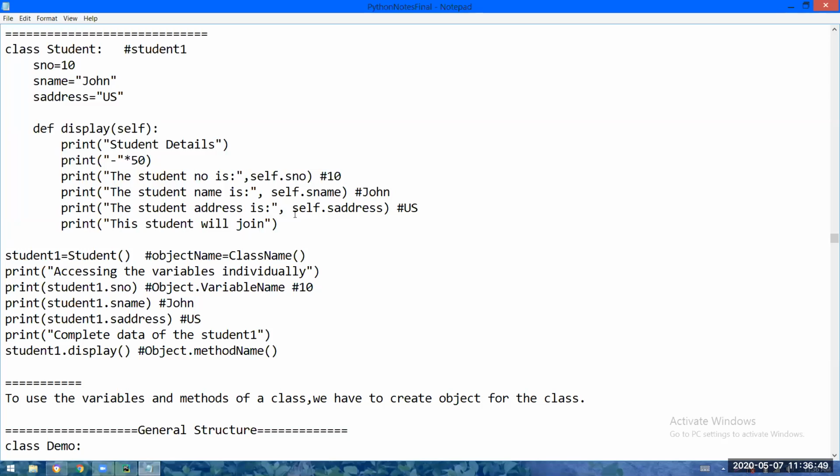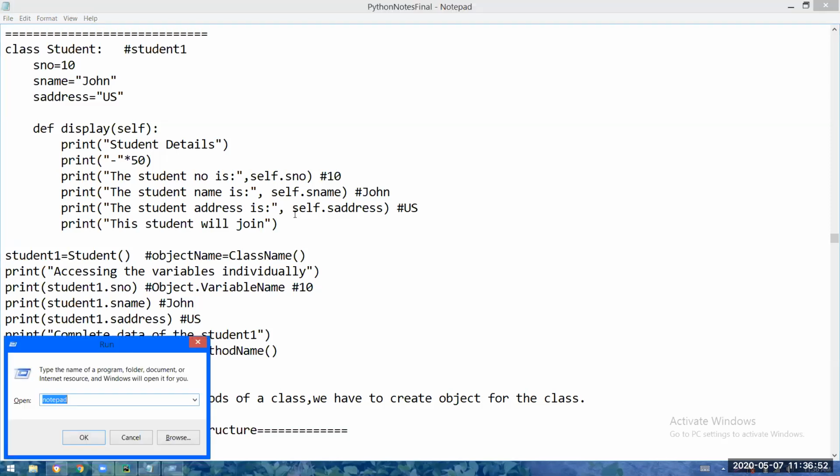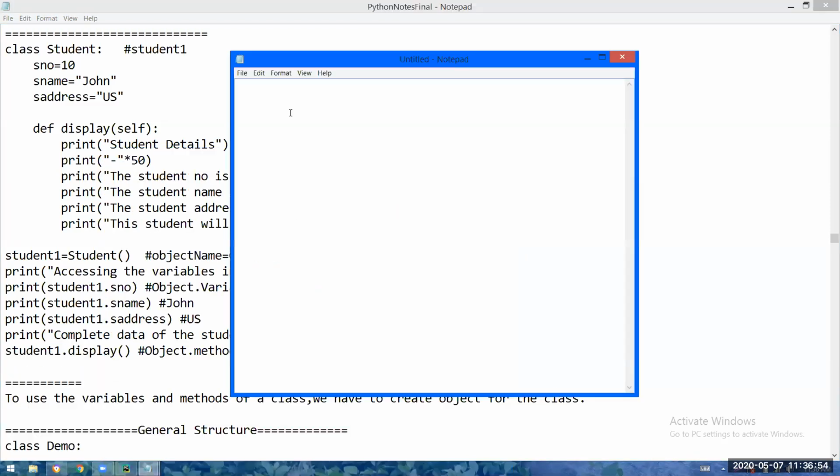Display. Correct? Okay. See, I want to print 10 onto the monitor. 10 is there in which variable? Student number. So what I will do? I will write print student number. That means 10 will be printed. See, I want to print John onto the monitor. That means what I will do? I will write print student name. So John will be printed.